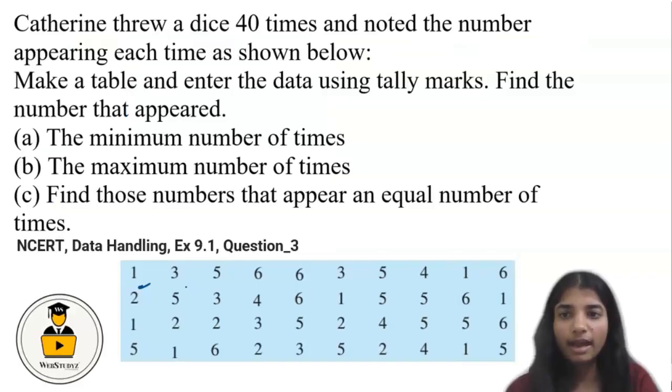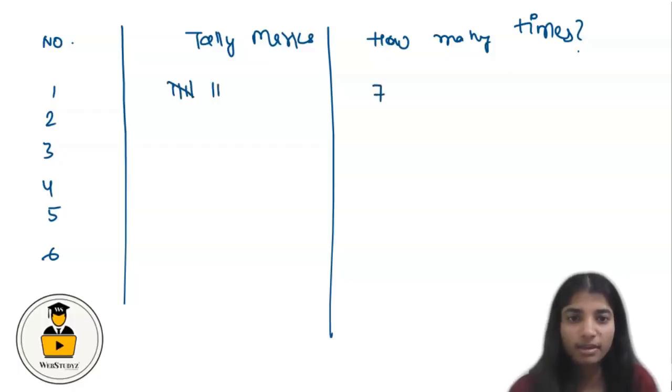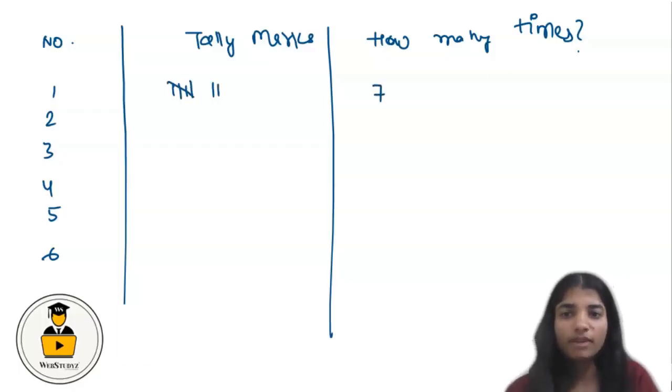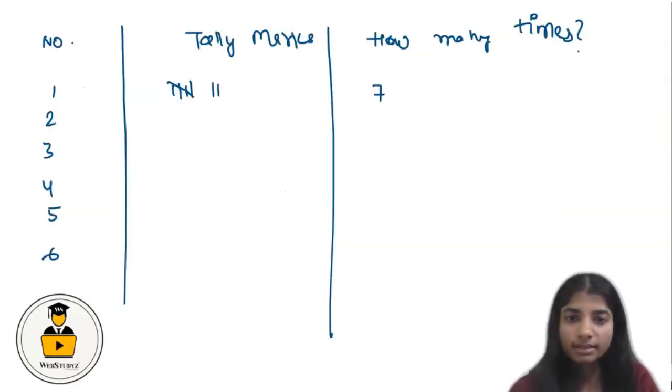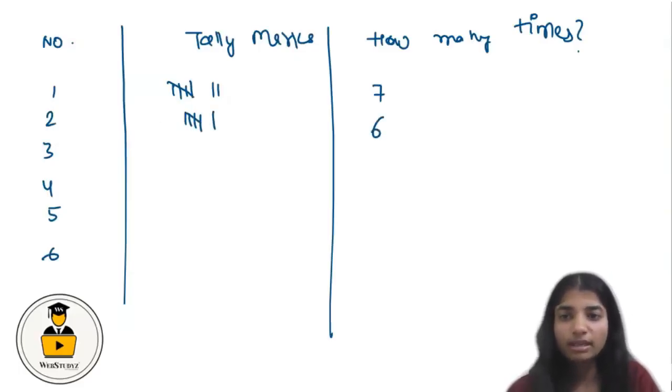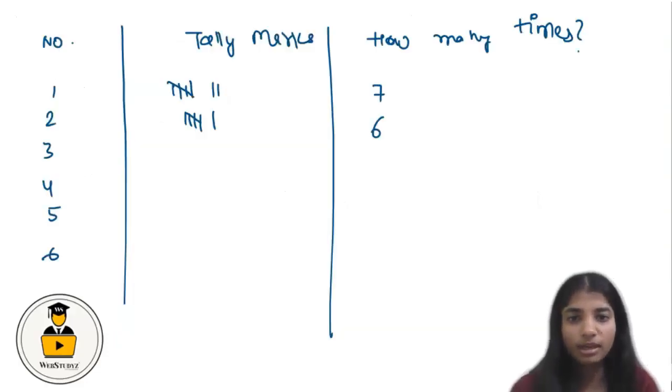When we look at the number of times 1 appears, from this table we can say that 1 appears 7 times. So this is 1, 2, 3, 4, 5, 6 and 7. Talking about 2, when we again look into the table, we get to know that 2 appears 6 times. So this is 1, 2, 3, 4, 5 and 6. Now for 3, we get to know that 3 appears 5 times through the dice roll. That is 1, 2, 3, 4 and 5.